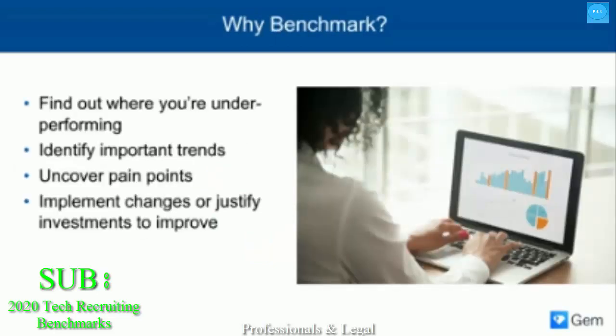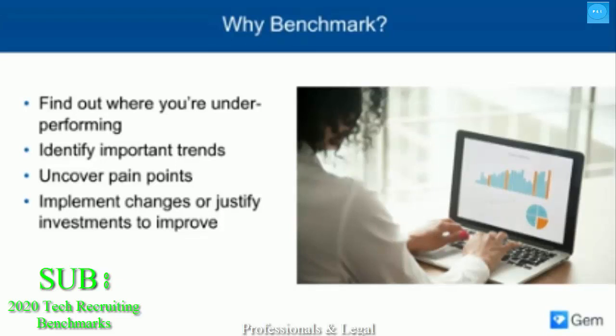So why benchmark? This is a follow-up question because there's actually a difference between tracking internal metrics and benchmarking yourself against your competitors and peers. Most talent acquisition teams we know are using internal comparisons to understand their team's performance, gauging success by percentage of improvement over last quarter or year, for example. And of course, internal comparison makes a lot of sense. But ultimately, if you don't have a wider context for your recruiting data, you can't be confident about whether those numbers are objectively good. Benchmarking tells you the state of recruiting performance for your entire industry.